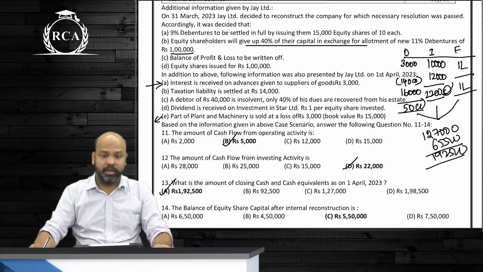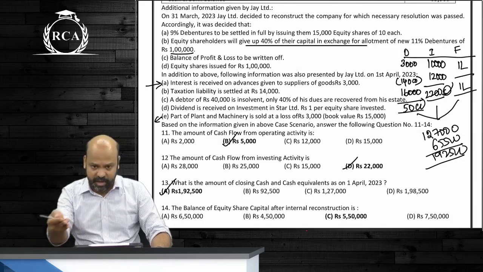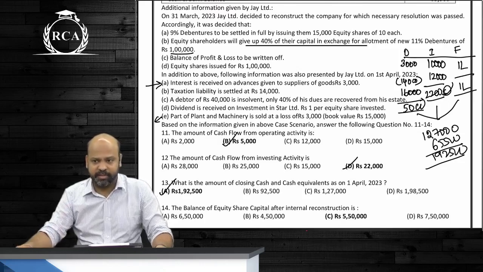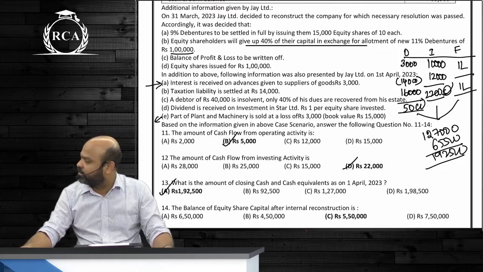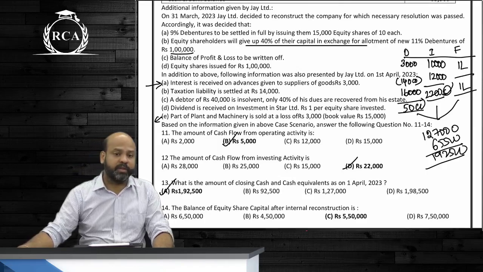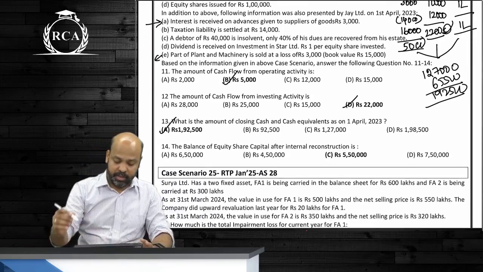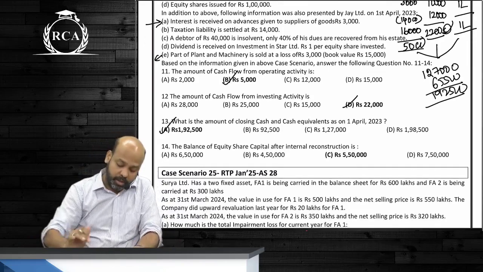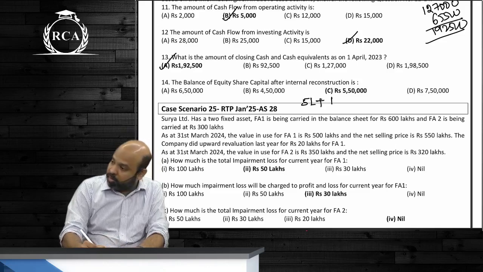14 bit आ गया. 5,50,000. तो ट्राई करना बेटा. Did you all write this, guys? वो ऊपर वाले transactions non cash थे, याद रखना guys. Now equity share capital बेटा. Do we have a balance of 5 lakhs? Debenture holders को कितना दिया बेटा? 1 lakh. This is debenture holders को दिए.